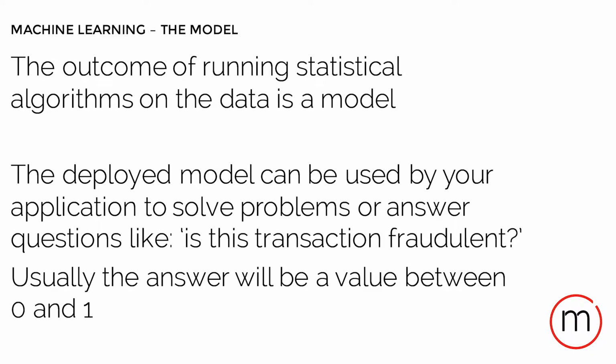So imagine this amount of data sitting in pictures, for example, with all colors related to each other, and then machines try to find patterns if something is grass, or a building, or a human being. That's way more advanced than just finding a regression between these two variables. So the outcome of running all of these algorithms is going to be a model. And this model eventually is what we then use in our daily business to ask questions: is this transaction fraudulent, yes or no? So a lot of work goes in front of actually having this model.